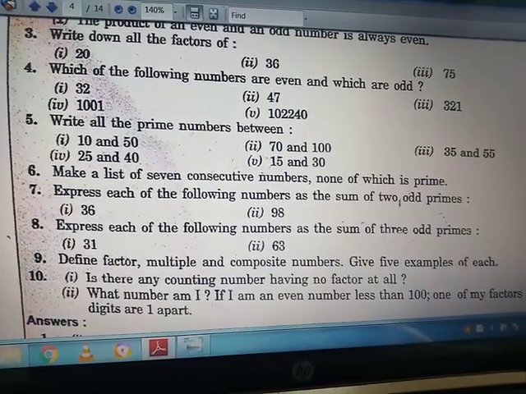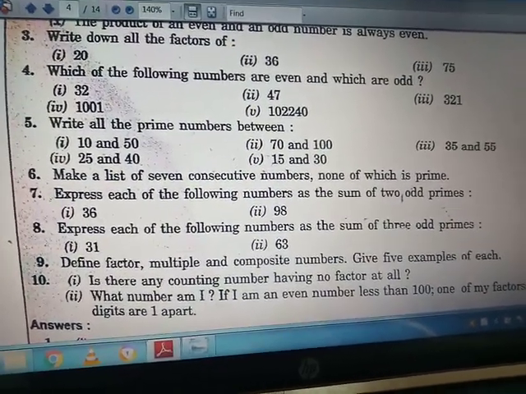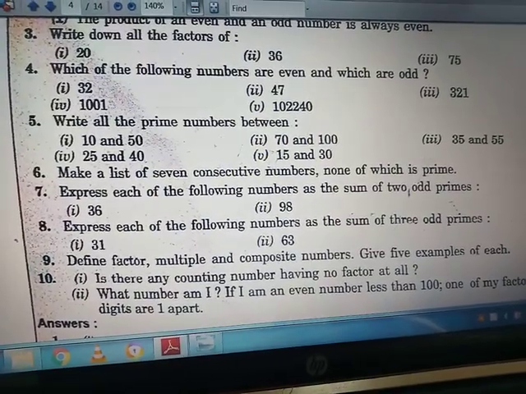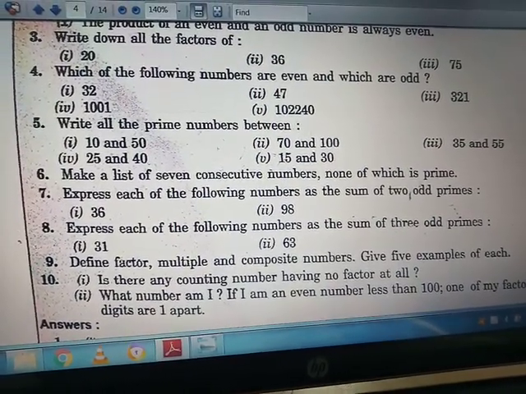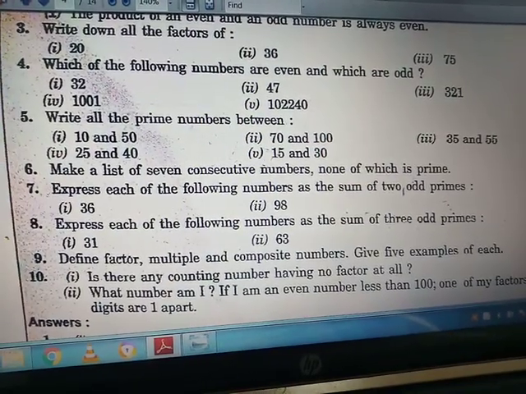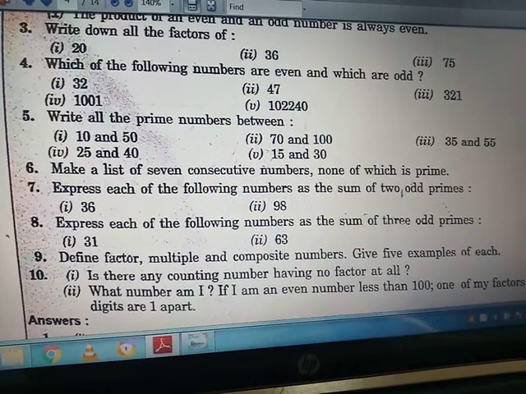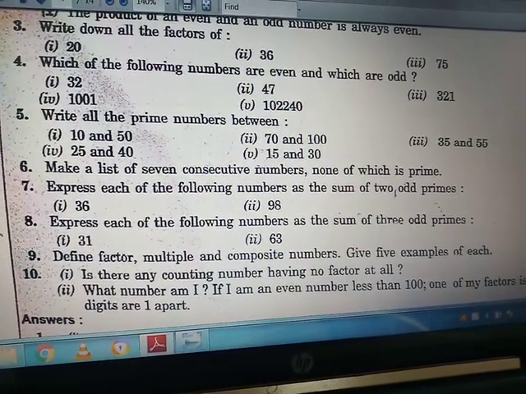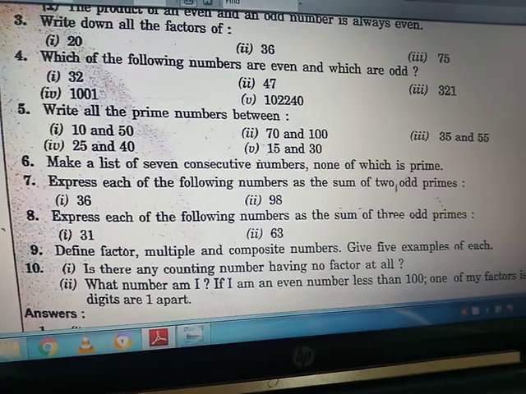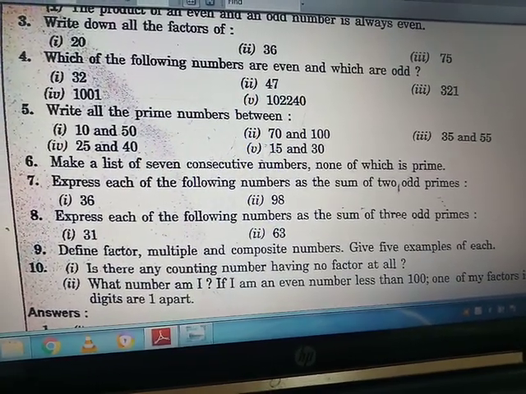Question number 4, which of the following numbers are even and which are odd? You know that those numbers which are divisible by 2 are even numbers, and those numbers which are not divisible by 2 are odd numbers. So you can easily do this question. It's your assignment work. Now question number 5, write all the prime numbers between 10 to 50, 70 to 100,